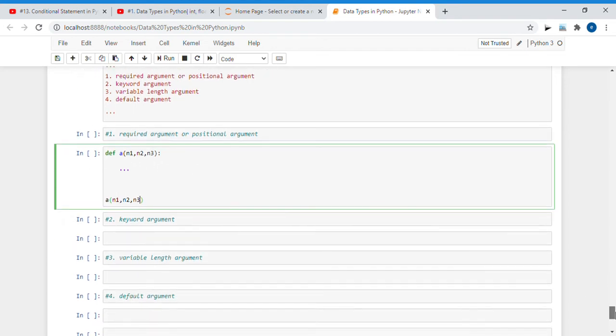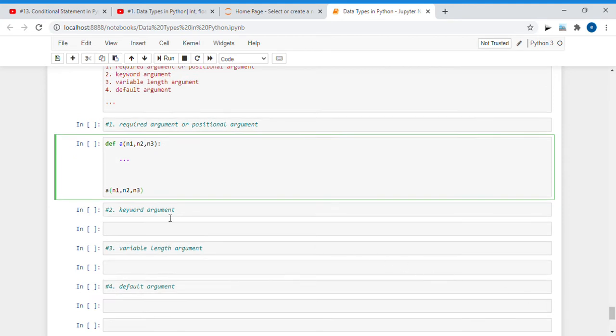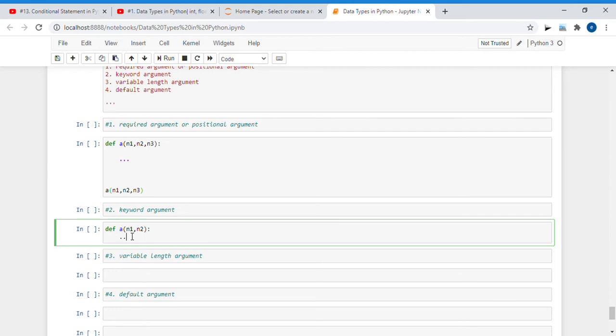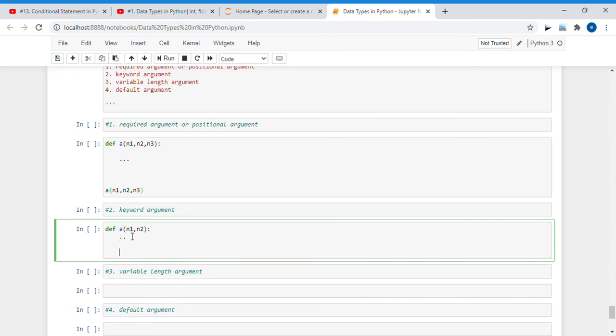Now let's talk about the keyword argument. So what is a keyword argument? Keyword arguments are the arguments of the function where, when we call the function, we assign the value to the same parameter name which we used while implementing the function. Suppose we define a function called a with two parameters, and write some code in the function.